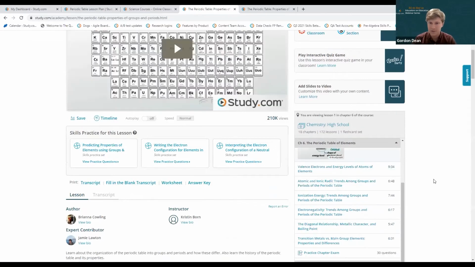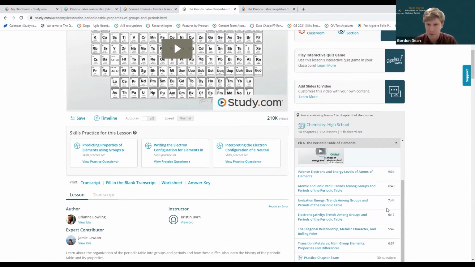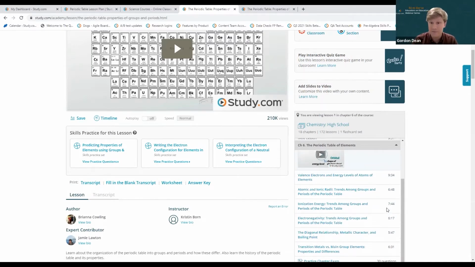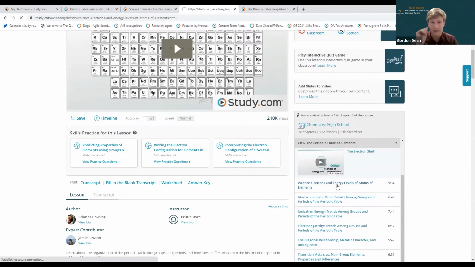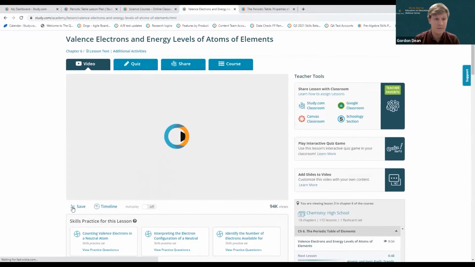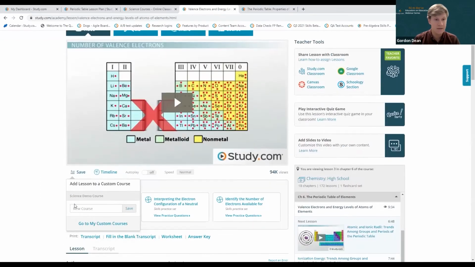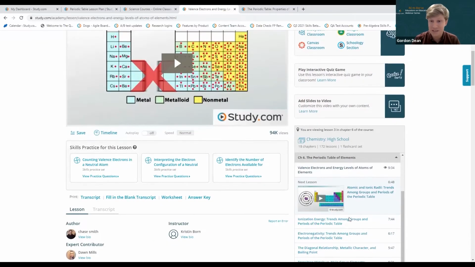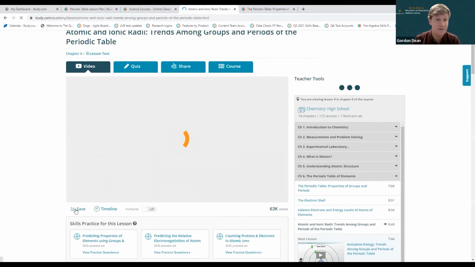And you can say, okay, interesting, you know what? Actually, the way we teach it, we don't really talk about the diagonal relationship or electronegativity. That all seems like something that's going to be outside of the scope and sequence for my particular unit. However, it is really important that we cover valence electrons. So let me go into this particular unit here, and let's click on Save, select my course. Oh, of course, I already added this one. So let's just say we're going to do atomic radii instead, which sounds even harder.